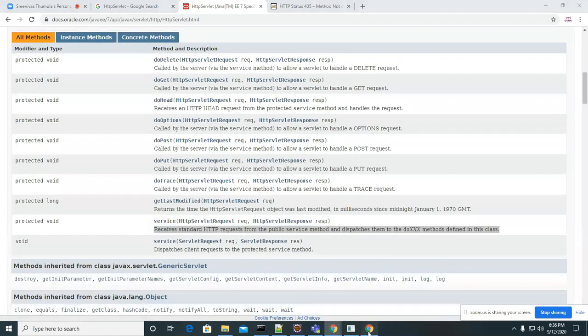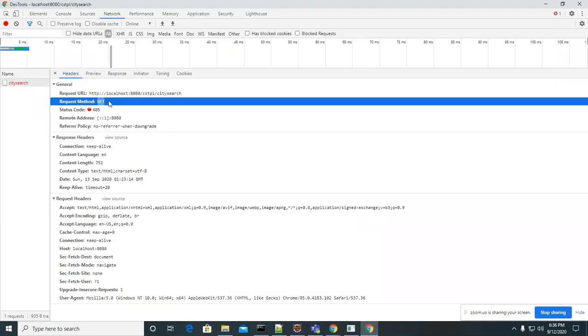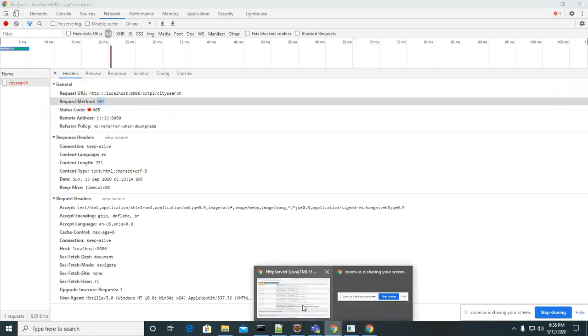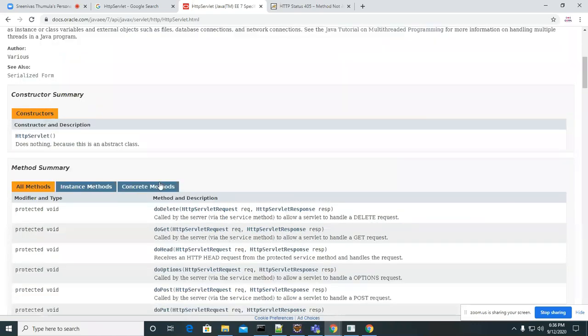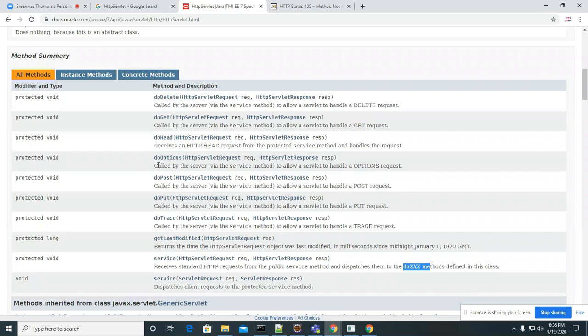So what kind of request method is our request? It is a get request. So when it is a get request, it will call the doGet method. Do you have a doGet method inside this HTTP servlet? We have, right?